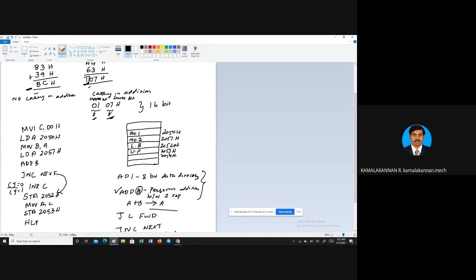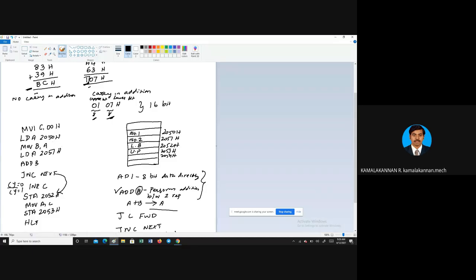இங்க move immediately C, 00H. நான் வந்து ஒரு ரெஜிஸ்டரை, whatever might be the register, ஒரு ரெஜிஸ்டர் எடுத்து நான் என்ன பண்ணிக்கிறேன்? 00 ஸ்டோர் பண்ணிக்கிறேன். Then load 2050H. In that you will give the input number 1 and moving that A to B. A லிருந்து register B move பண்ணிக்கிறேன். Then load 2051. Again you are getting the second number and that number will be stored in the B and this will be added.